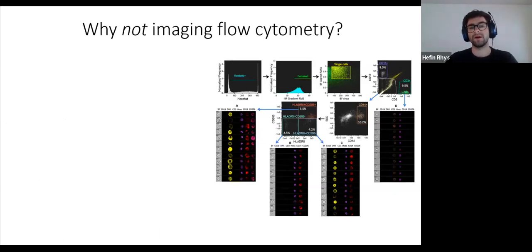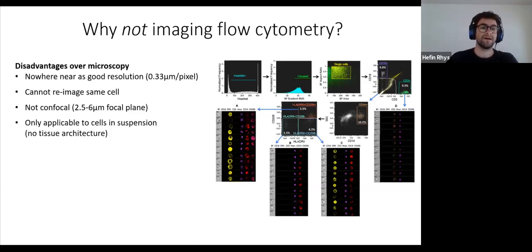But maybe why would imaging cytometry not be appropriate for your assay? So disadvantages over microscopy. So the pixel resolution isn't as good as you can achieve with a good high resolution microscope. So the best that we can do is 1/3 of a micron square per pixel, which means that if you're trying to resolve any structures in a cell that are closer together than this or as far apart as this, then you're not easily going to be able to, or you're not going to be able to resolve them